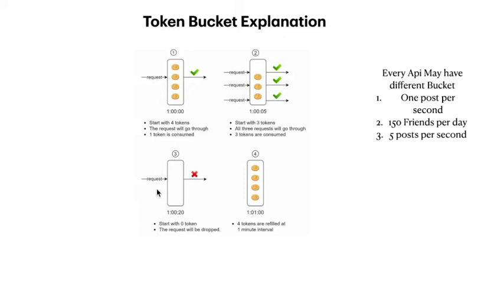Okay, now when you come to your third scenario, where a request has come but we don't have tokens, in that case your request will be terminated, or a 429 will be sent to the client. That means we have not processed it. And in the fourth diagram, you can see that at the new time interval, like the next 1 minute, our refiller has filled our bucket with new 4 tokens, and it will continue serving your requests.